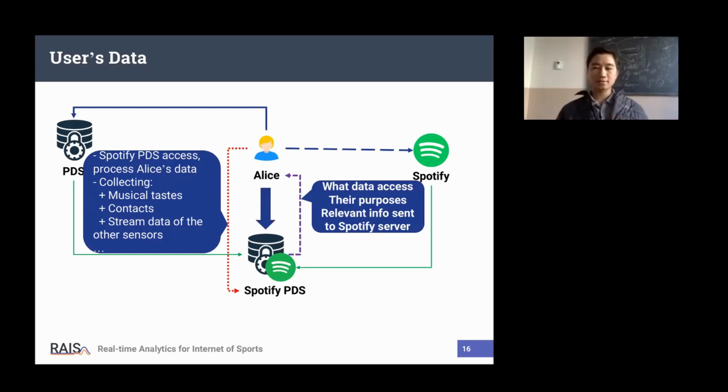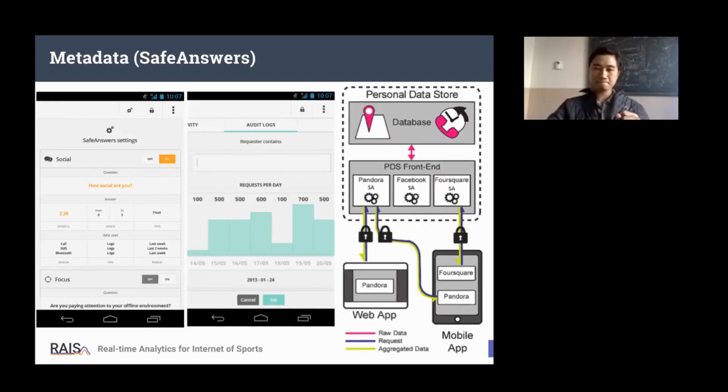You know, a mobile includes maybe more than 10 sensors, maybe an accelerometer or many other things. Alice can take control of her personal data, and she can control the data sent to Spotify before sending the raw data.